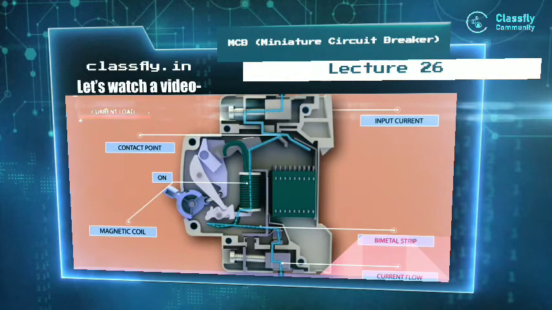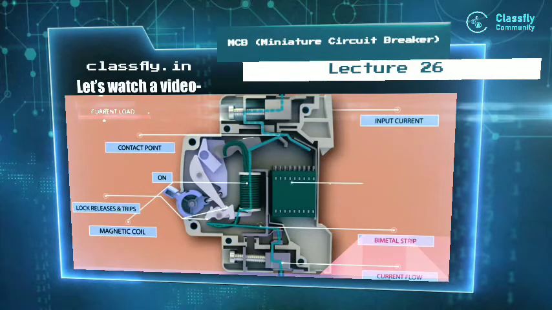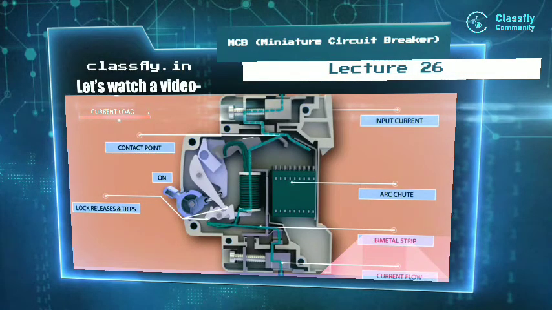The heat generated within this bimetallic strip is enough to cause deflection due to thermal expansion of metal. Now this deflection will cause the trip latch and contact to separate, and the visual indication of this strip. An arc is then formed and it's forced to go to the arc chute plates, where the arc is split into a series of arcs, and at the same time energy is extracted and it cools.